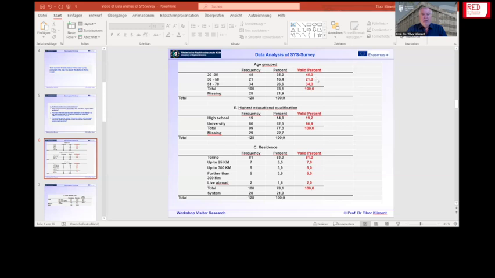Then there are 36 to 50, only 21%, and then 51 up to 70, it's 34%. So the youngest are the biggest share, 45%. There were no younger visitors and there were no older visitors